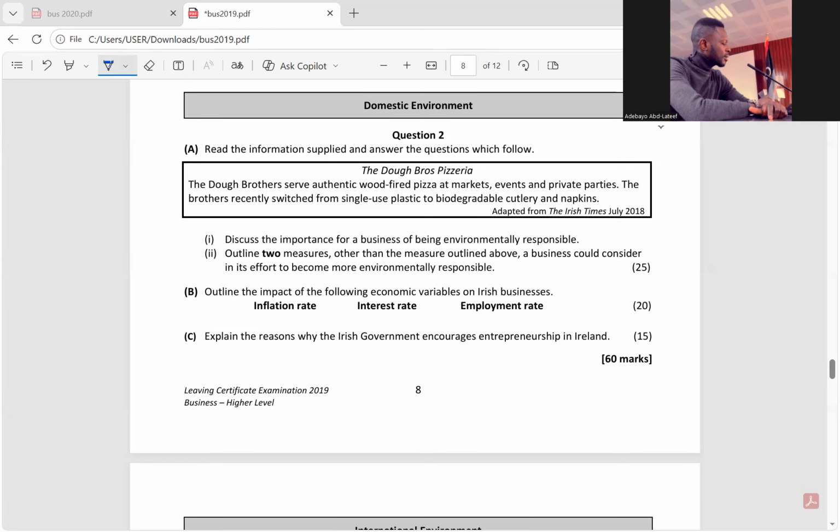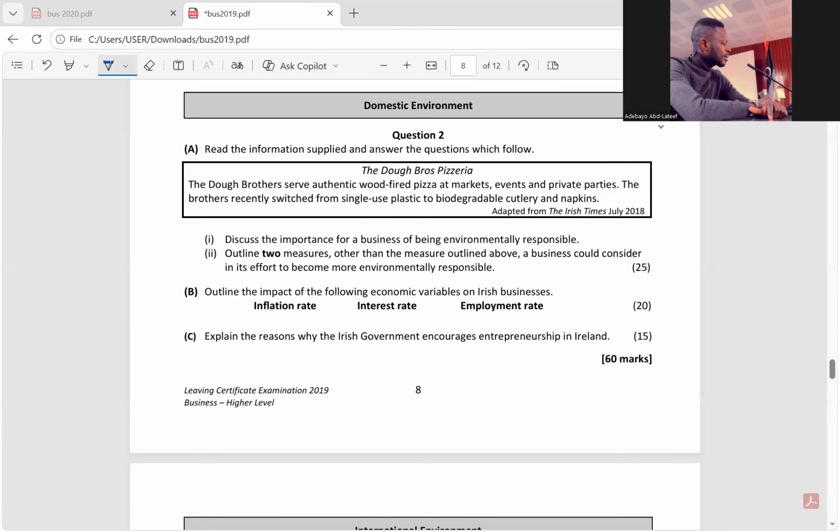Are you with me? For interest rate, we're simply talking about the cost of money, the price of money, which is the cost of borrowing and the benefit of saving. Now, a rise in interest rate. If interest rate increases, first, it increases the cost of capital, which may deter expansion. If interest rate increases, it simply means the cost of buying equipment with borrowing would increase, and that reduces the purchase of capital equipment. And when the purchase of capital equipment reduces, it reduces expansion.